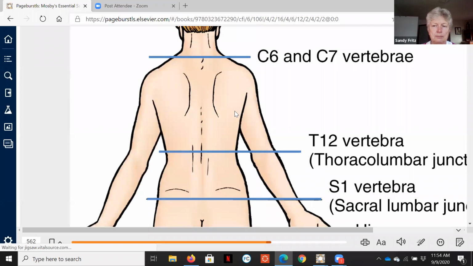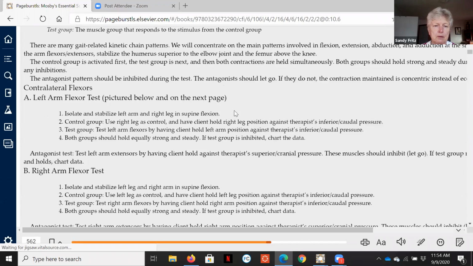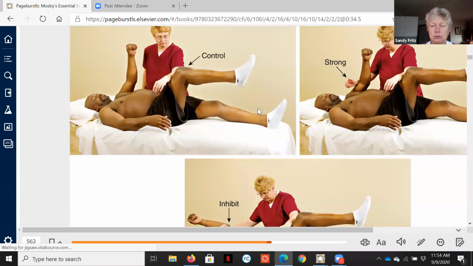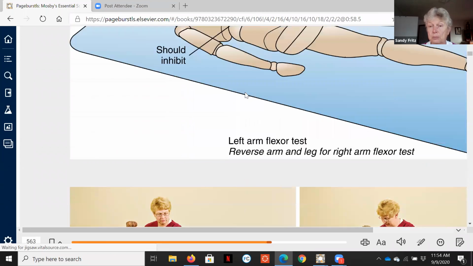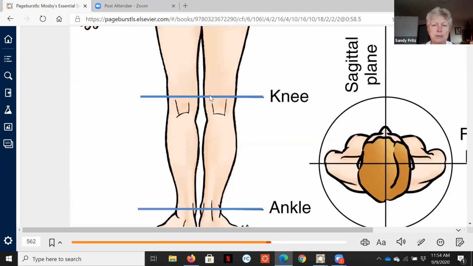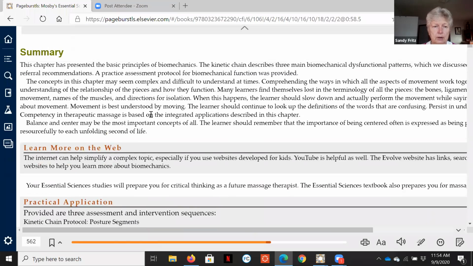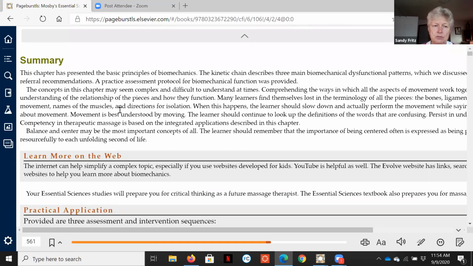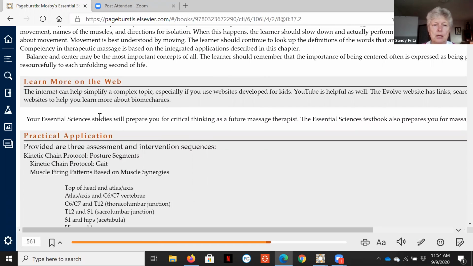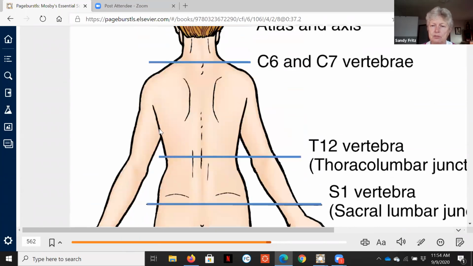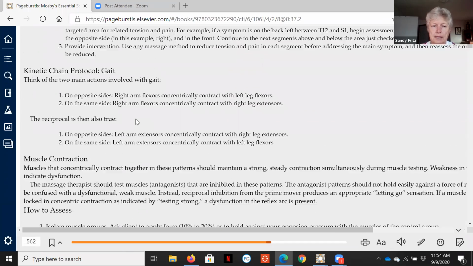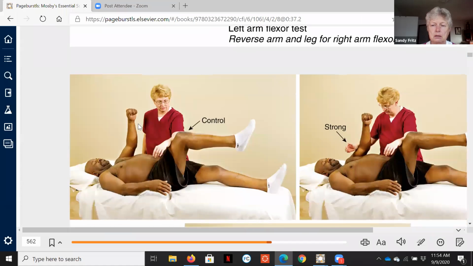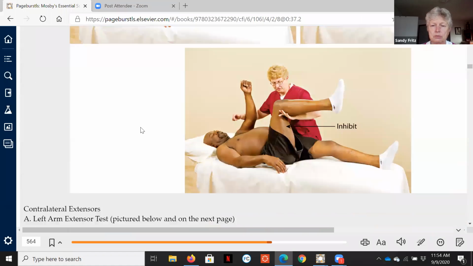So that's where we are going to start with that. And then there will be another video that will be more of a demonstration video on some additional assessment protocols that are located at the end of this chapter that have to do with the kinetic chain and, as we continue down through here,